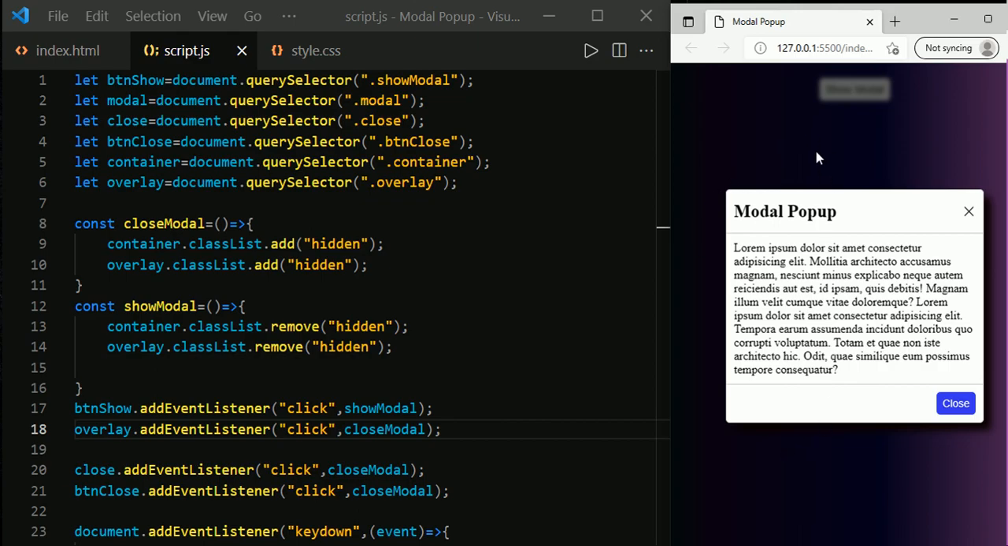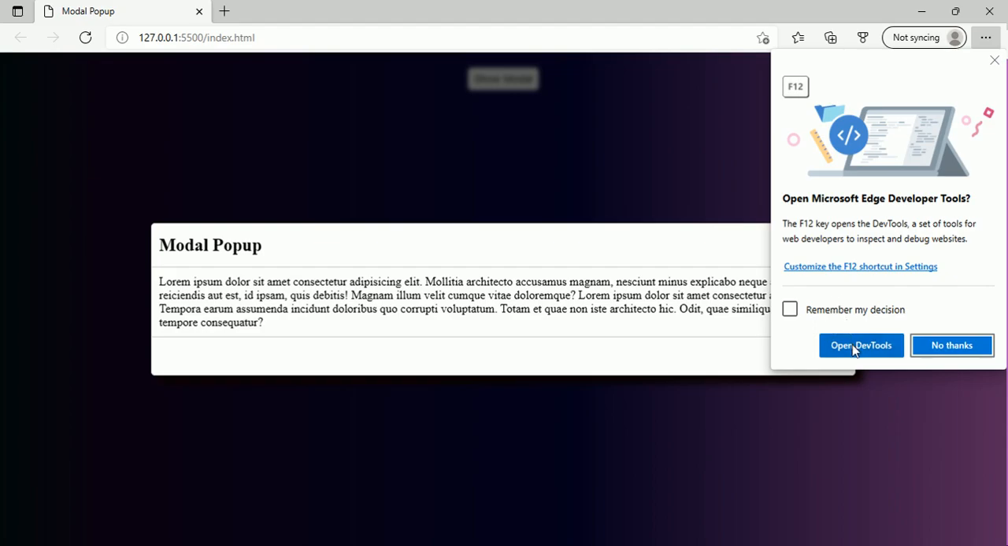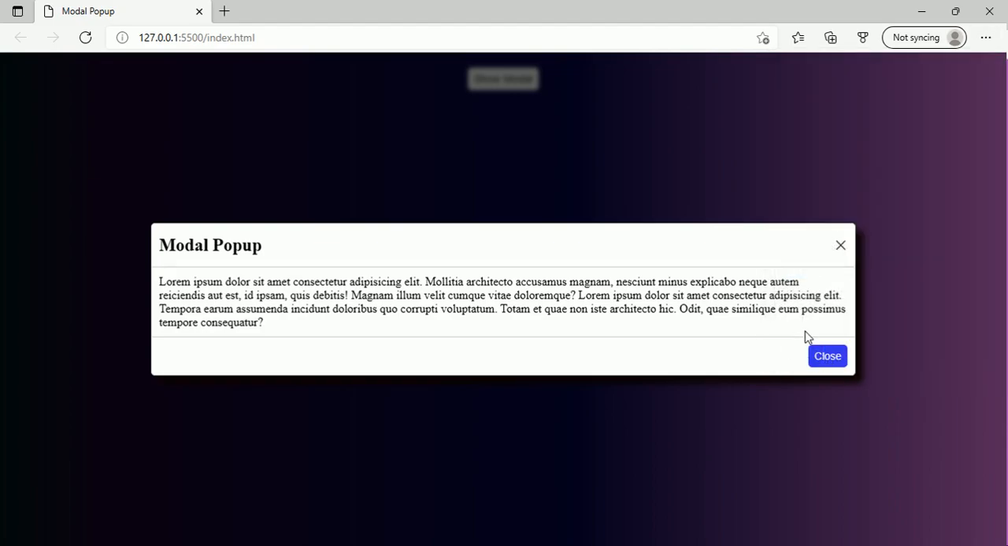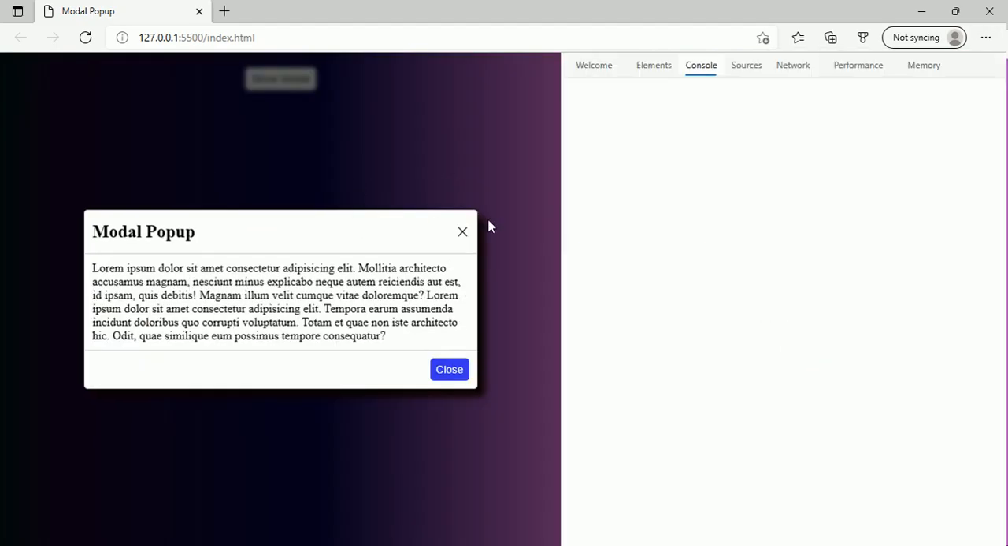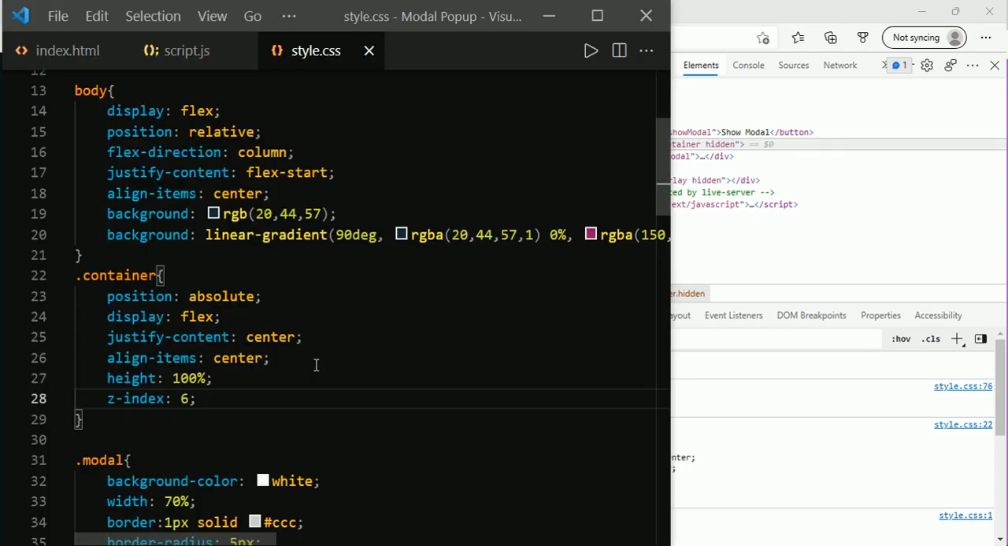hidden. That is because the container is having the height 100%. If you go to developer tools, you can see that the container is having the height 100%. So that's the reason whenever you click outside of this modal pop-up, this pop-up is not getting closed. So this is the container and this is the height. If you have the requirement of closing the pop-up when you click outside of the pop-up, then what you can do, we can just simply remove this height